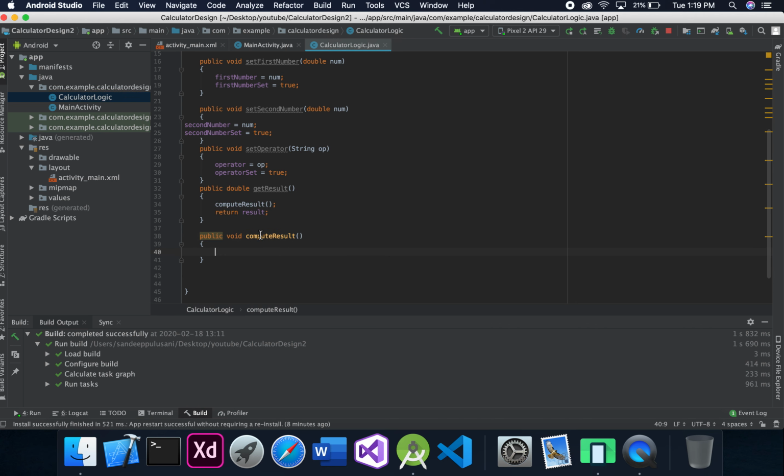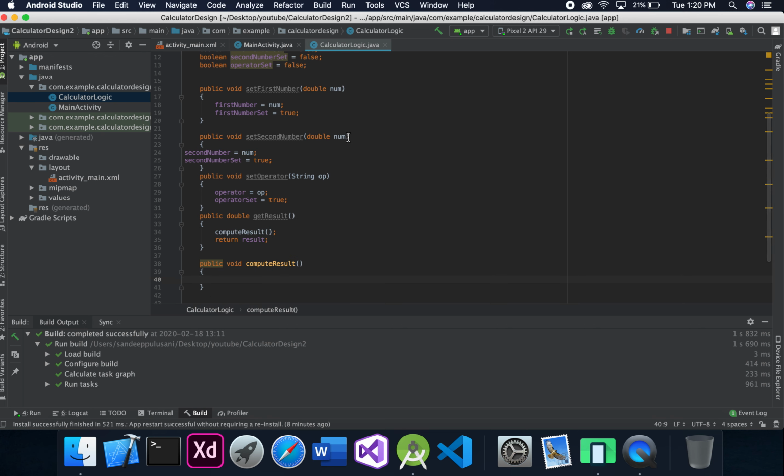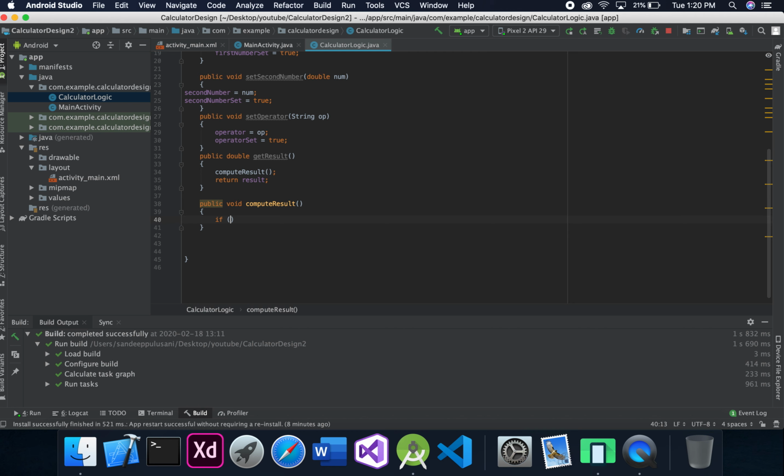So here this function has to execute whenever we receive all the three values: first number, second number, and operator, right? When we know the three values are received: if first number set is true, it means that we have the first number. If operator set is true, we have the operator. If second number set is true, we have the second number, right? So we will write if first number set is true and second number set is true and operator set is true, then it has to